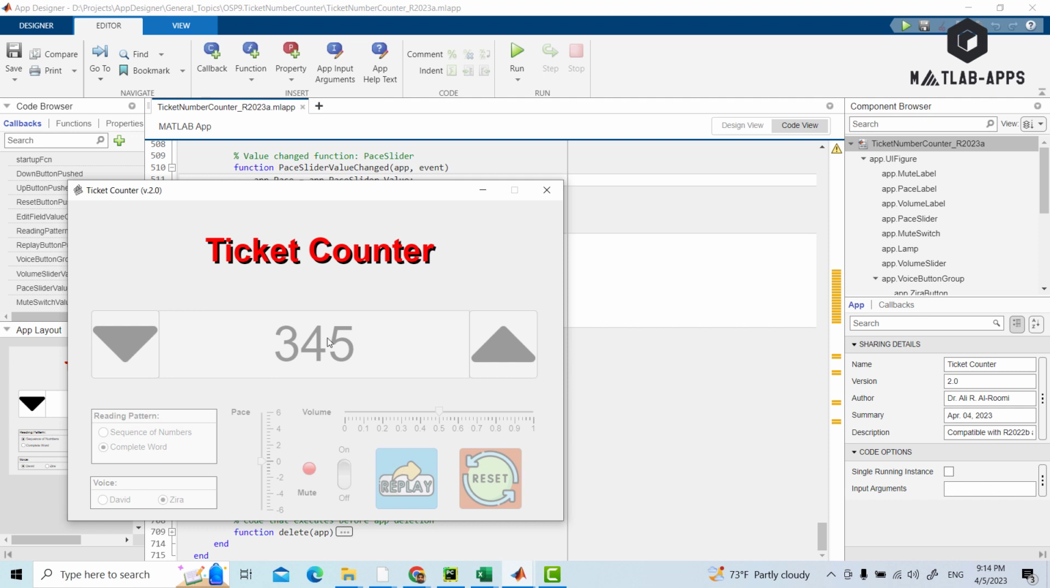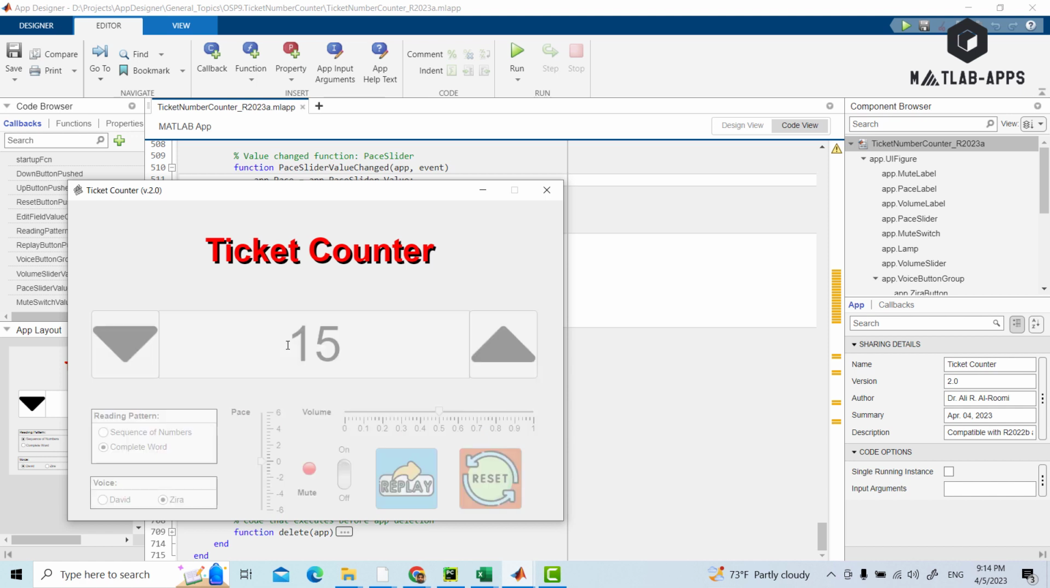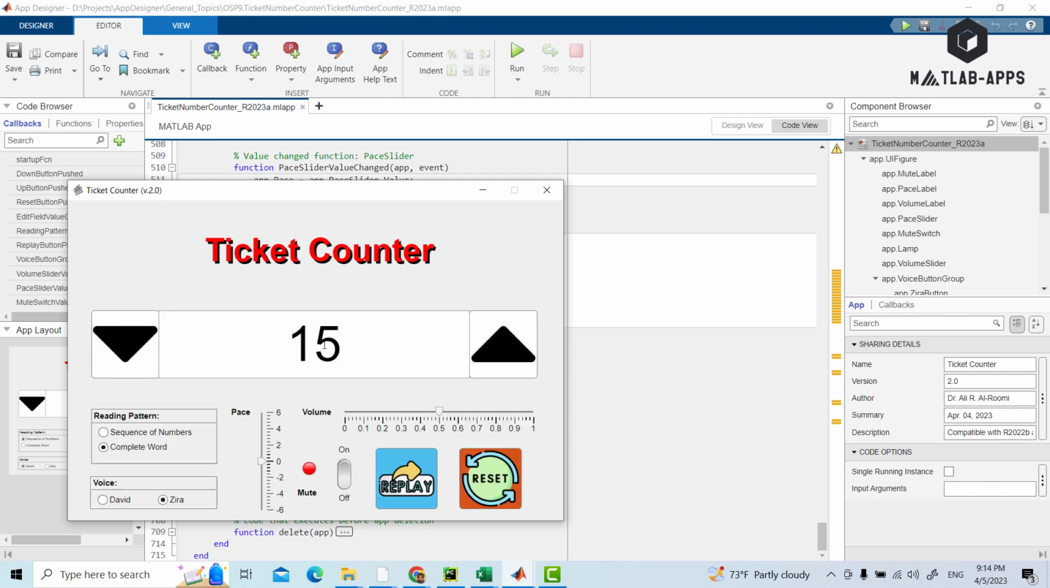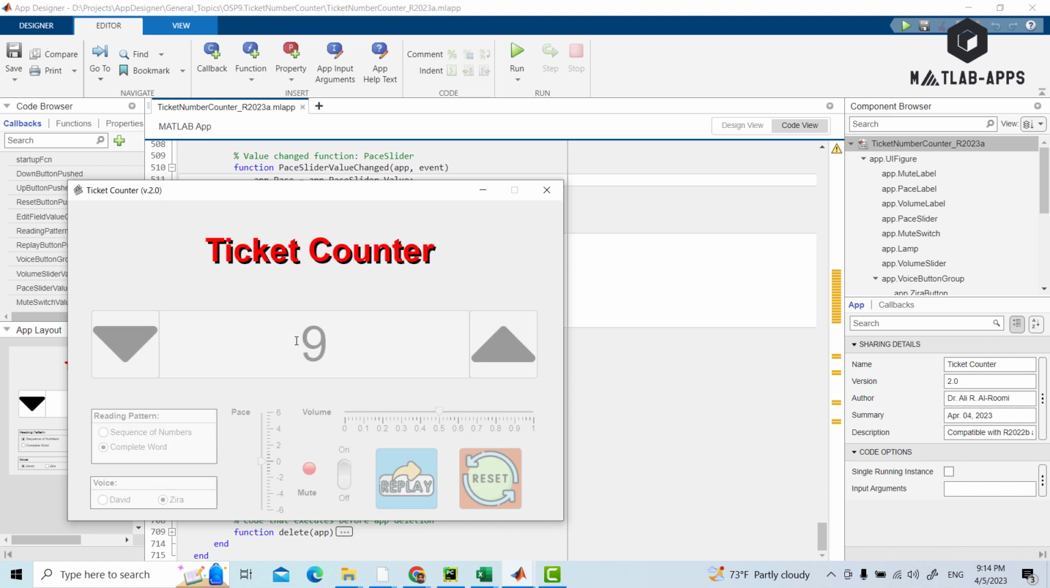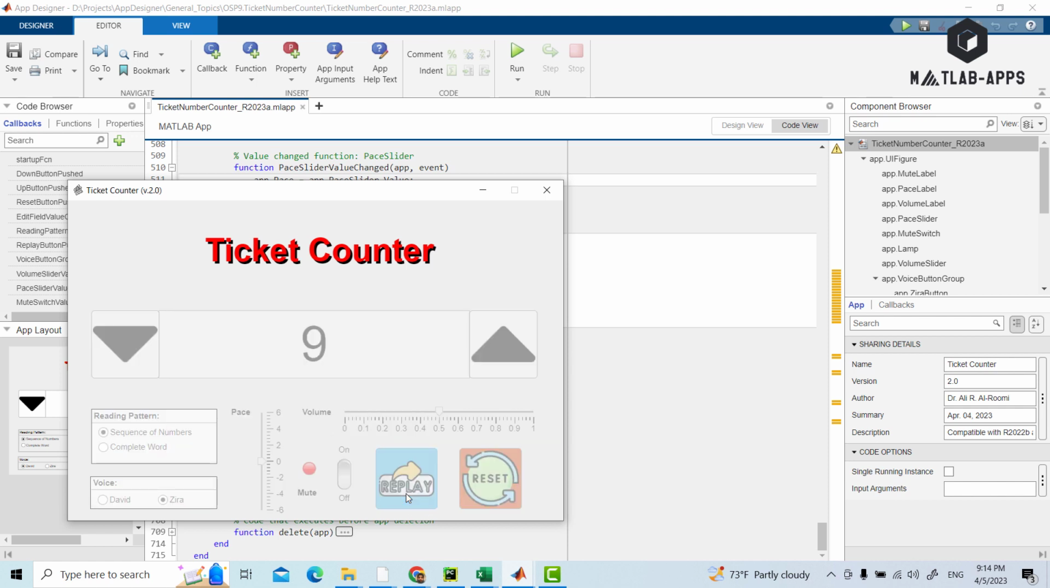345. What about if it is less than 20? For example, 15. Can this program read this number? The ticket number is 15. Yes. If it is, for example, 9, then the ticket number is 9. Either complete word or sequence of numbers, it doesn't matter. The ticket number is